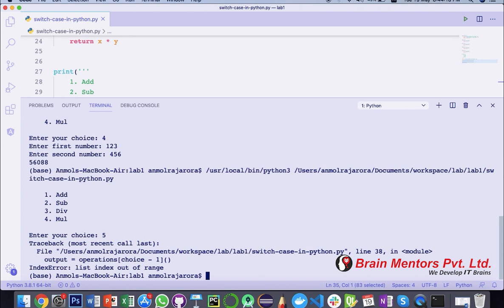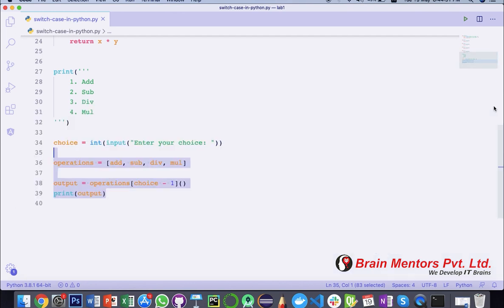So to get rid of this problem, you again have to use an if else condition, and again it's going to be a tedious task, so let's not do that. Let's just move on to the dictionaries part, and let's talk about how dictionaries can be helpful in doing this switch case thing, and how it's going to be better than a list also.